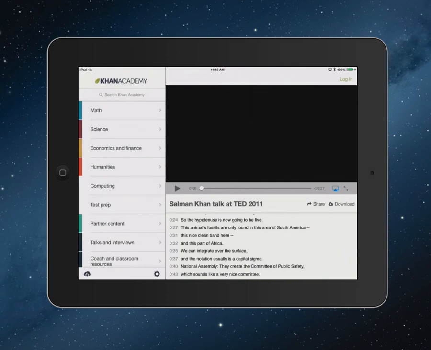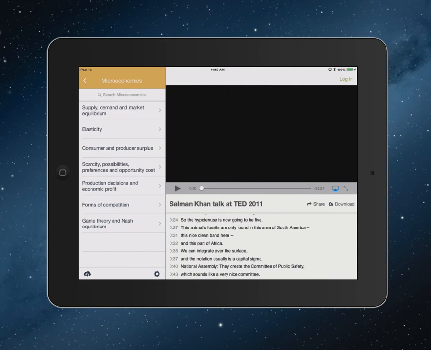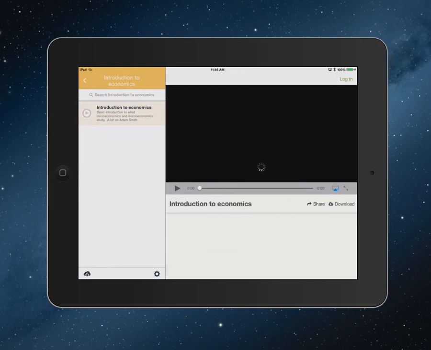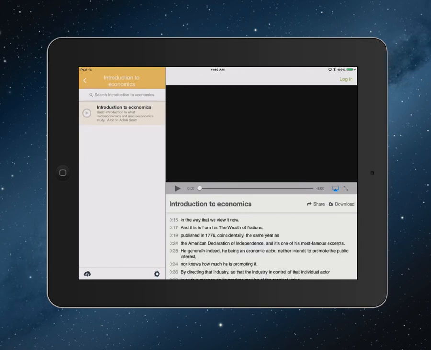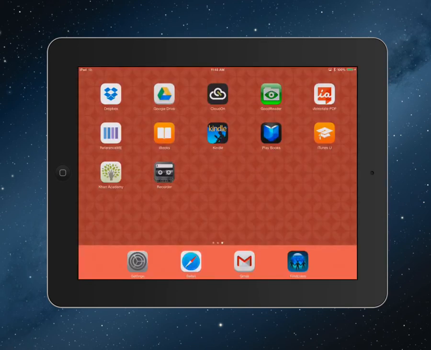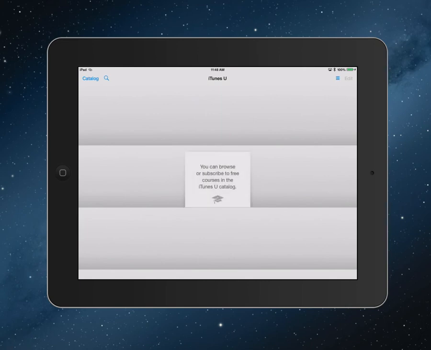So for instance, if I went into economics and then into microeconomics, and then I can see supply, demand, and market equilibrium, and then introduction to economics. Now if I click on this, it will bring the video up and it will automatically start playing. So that's Khan Academy. Now iTunes U has courses from many different colleges all over the country, and you click on catalog,